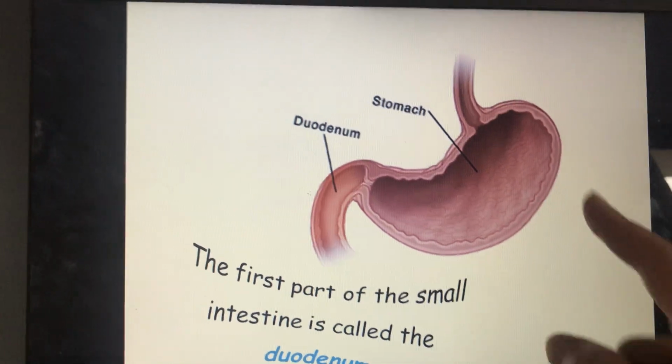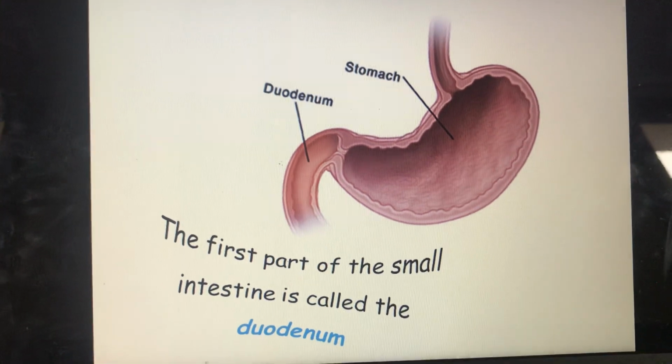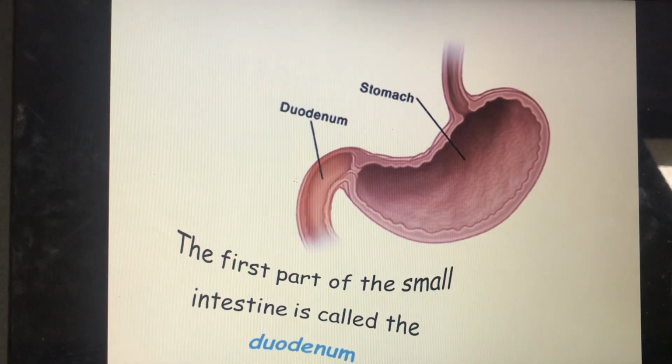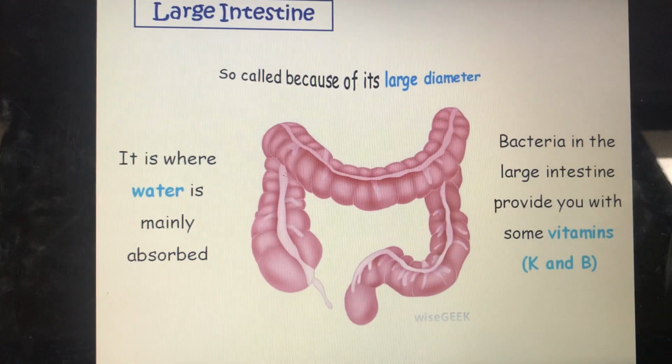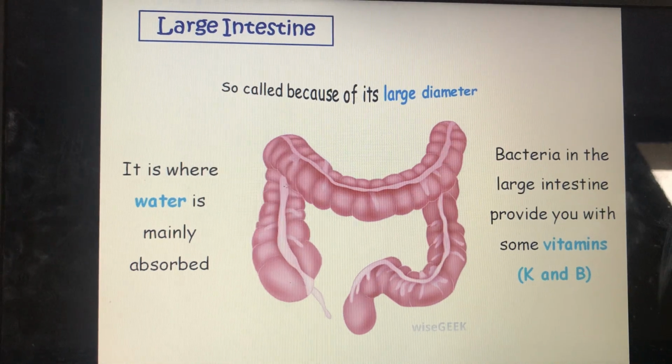Look at this picture. It's showing you the stomach and the first part of the small intestine. The first part of the small intestine is called duodenum. And then we're going to move on to the large intestine. Pay attention. In the large intestine, there is